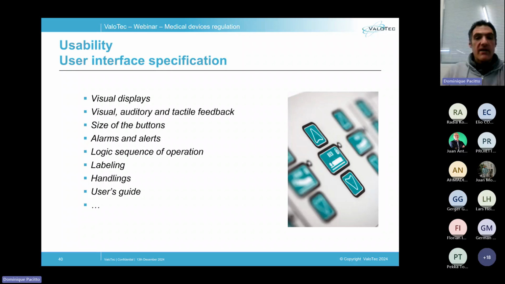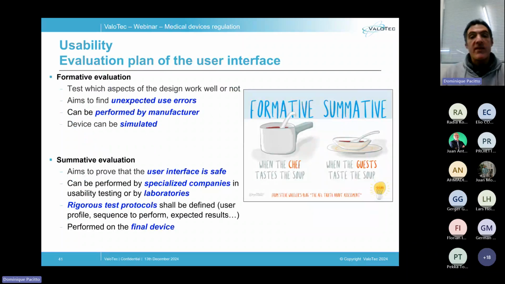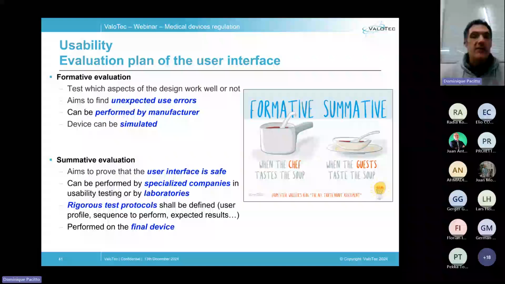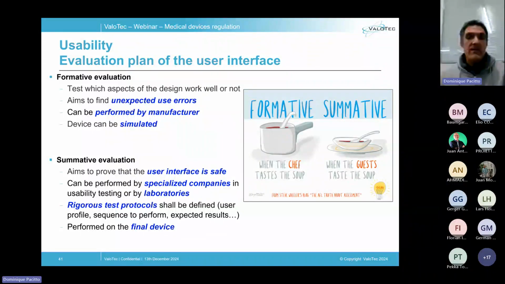Clause 5.7 requires the manufacturer to establish and maintain an evaluation plan for the user interface. There are two types of tests defined in the standard, as I said, formative evaluation and summative evaluation. The formative evaluation is mandatory and aims to verify that the user interface works as expected, that the users understand the user interface, and to verify that there is no unexpected use that has been missed. The formative evaluation can be performed by the manufacturer using a simulated device. It is not required that it is the final device. A simulated device is enough, but